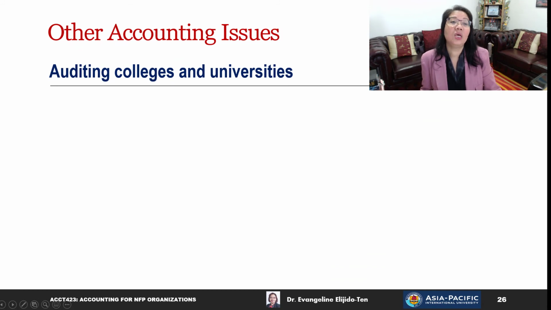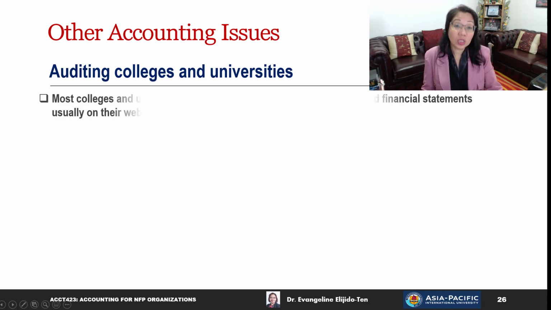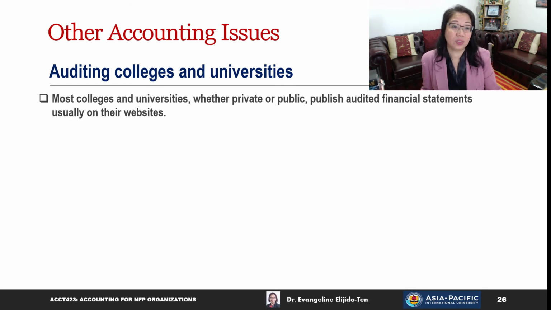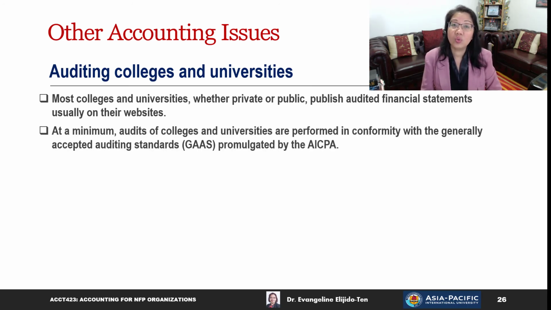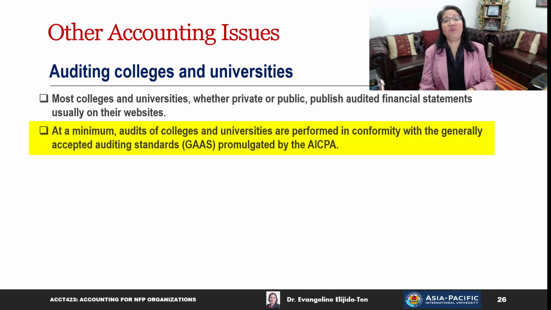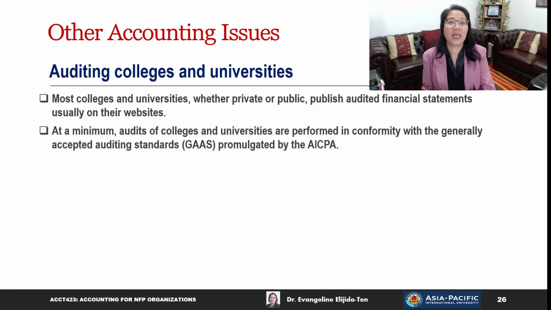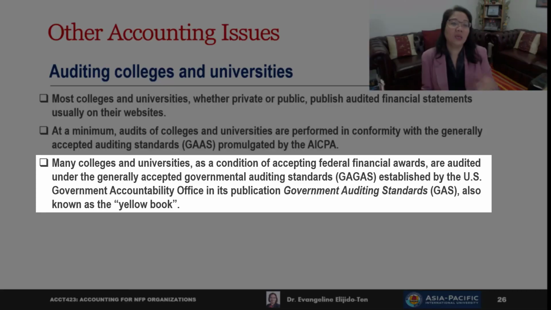Let's move on to other accounting issues, in particular auditing colleges and universities. Most colleges and universities, whether private or public, publish audited financial statements, usually on their websites. At a minimum, audits of colleges and universities are performed in conformity with the generally accepted auditing standards, GAAS, promulgated by the AICPA. Many colleges and universities, as a condition of accepting federal financial awards, are audited under the GAGAS,